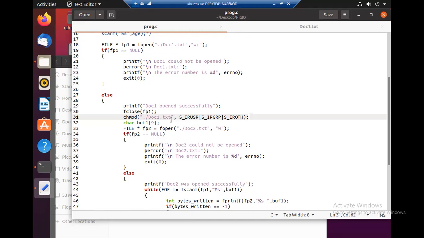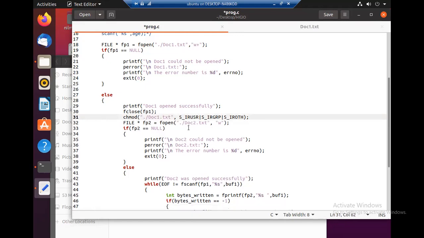As this is read only, we will have to open this one using read only mode. Because we have used the privilege read only, we cannot open it for writing. So here also, not document 2, the file pointer 2, I'm referring to the same document doc1.txt.